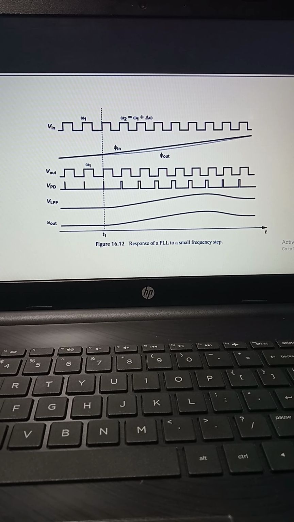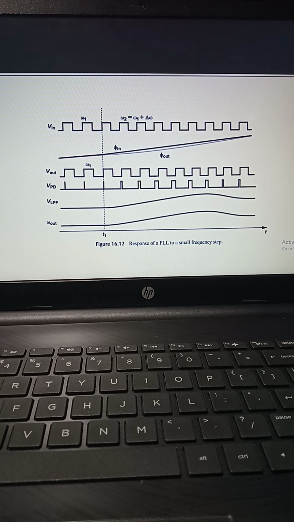Thus, the PD generates increasingly wider pulses and the low pass filter voltage rises with time. As omega out approaches omega 1 plus delta omega, the widths of the pulses generated by the PD decrease, eventually settling to a value that produces a DC component equal to omega 1 plus delta omega minus omega naught divided by K VCO. In contrast to the case of the phase step, the response of a PLL to a frequency step